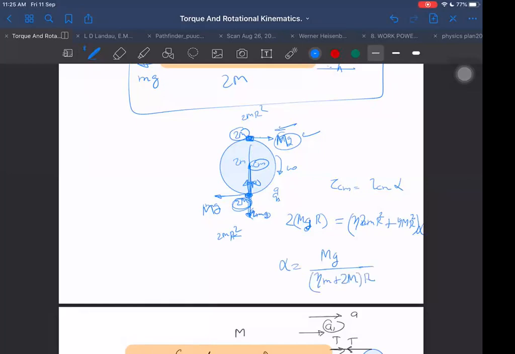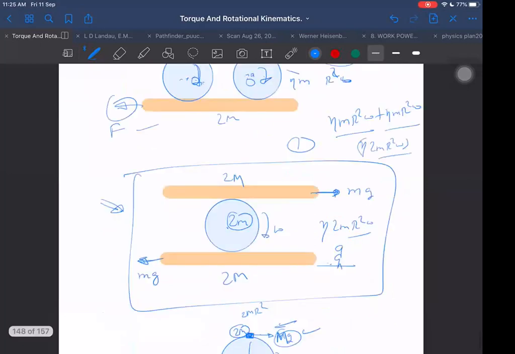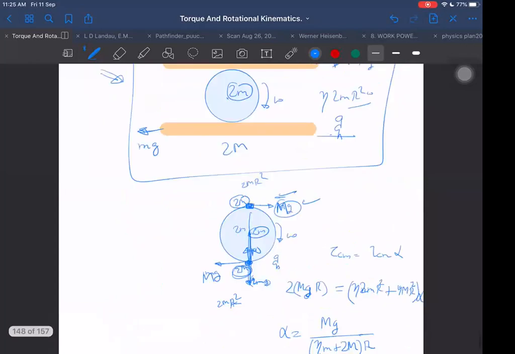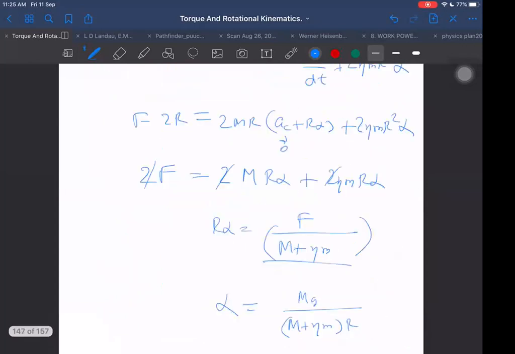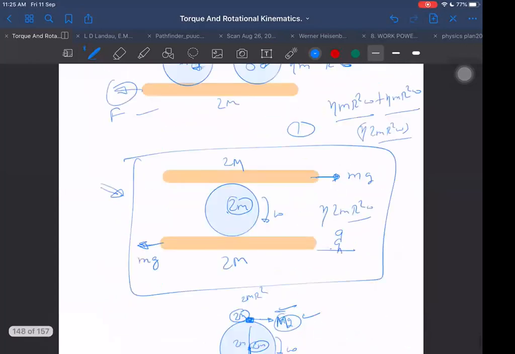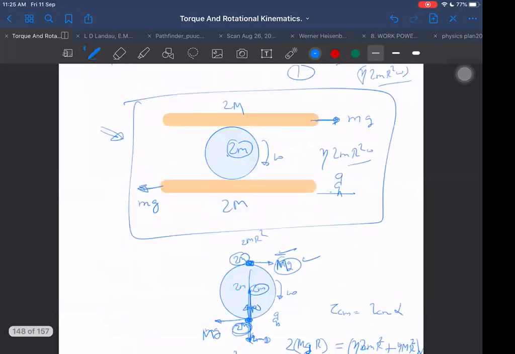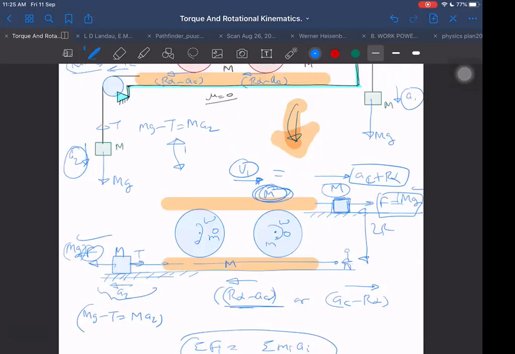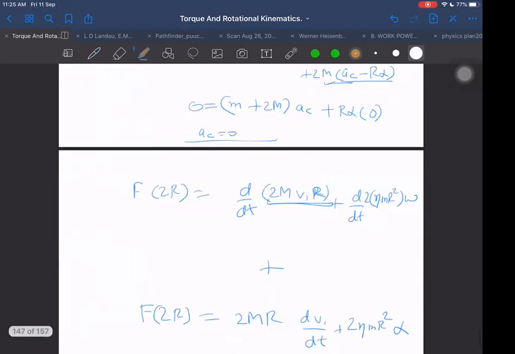Was it same last time? Wait a second, again something. Sir, one doubt. Here, why are you taking 2m, sir? Mass is 2m only. It is 2m mass here. The block was also there or not? Why are you forgetting the block? This mass and this mass. Two masses were there. Yes, sir.